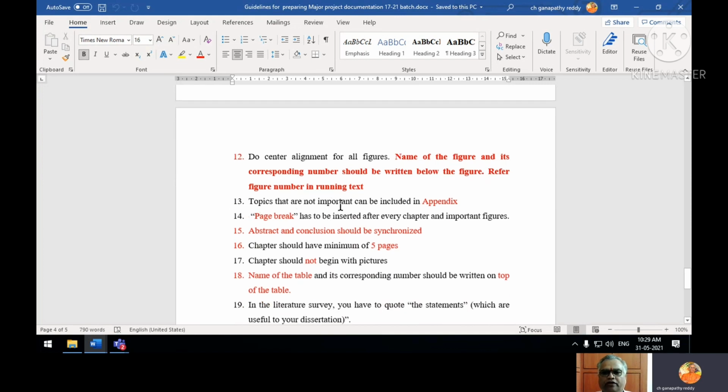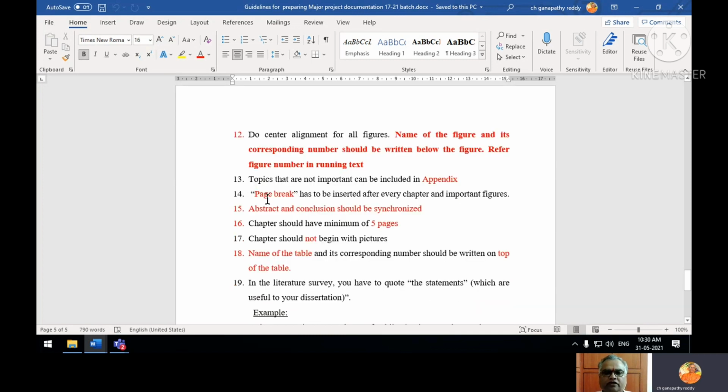Topics that are not important can be included in the appendix. Then a page break has to be inserted after every chapter and important figures. This page break is really helpful.